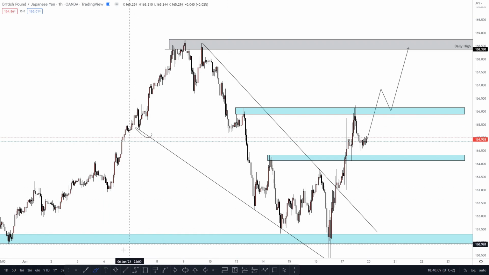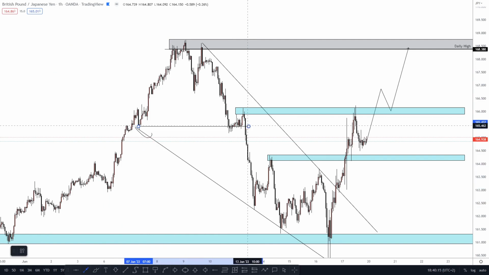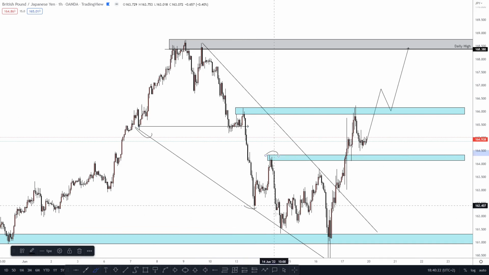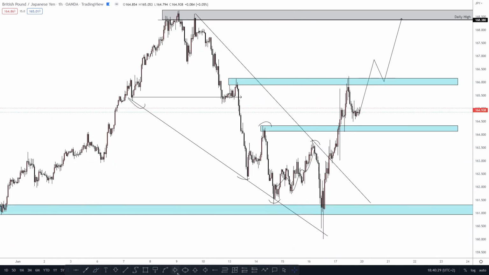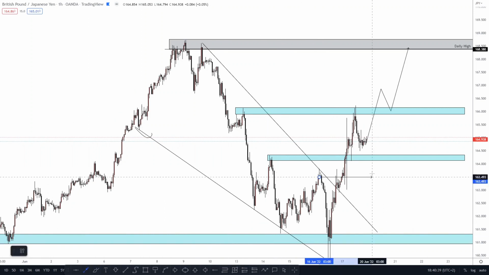You will see that price did indeed break, and then created a new low, and then created a lower high, a new low, and then corrected, created a lower high and a new low. But it didn't stop just there. After creating that new low, you will see that on 1H we did break a lower high and created